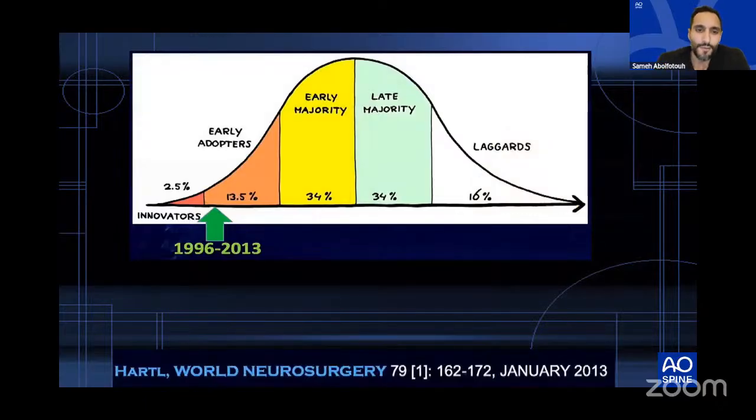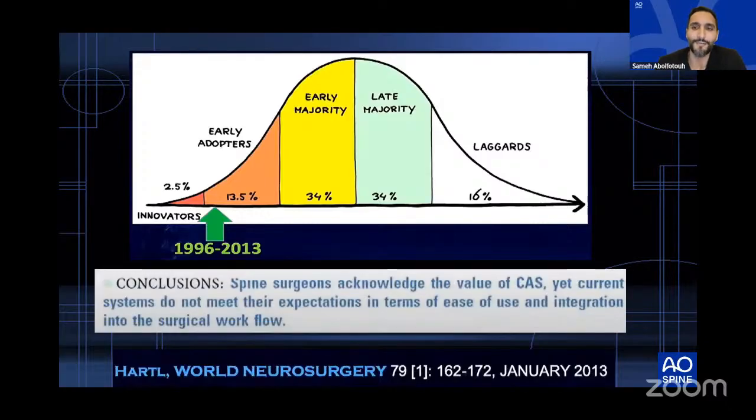So a number of years ago, Roger Harrell wanted to know why, apart from any other specialty in surgery, spine surgeons tend to be late adopters of technology in general. And it is true, right? You can see the robot has been widely used in neurosurgery and adopted very early, but we spine surgeons tend to be very hesitant in adopting technology. So he conducted a survey and distributed it through the AO network to all the AO surgeons back in 2013. And the number one cause of surgeons' resistance to adopting technology is basically what Dr. Hamid mentioned earlier: it disrupts my workflow.